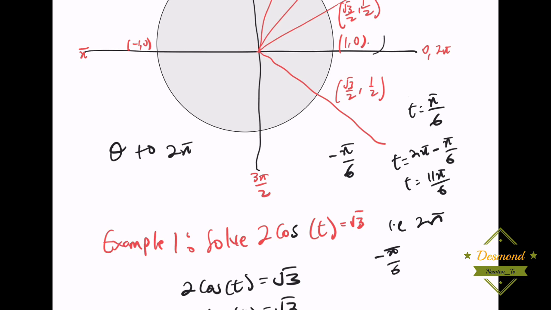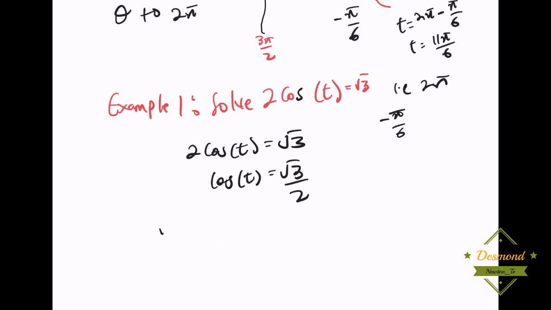Since there isn't anything in this problem to tell us which is the correct solution, we need to list all the solutions. This is very easy to do. We can recall from our previous video that pi on 6 plus 2 pi n, where n can be equal to 0, plus or minus 1, plus or minus 2, plus or minus 3, goes on and on,